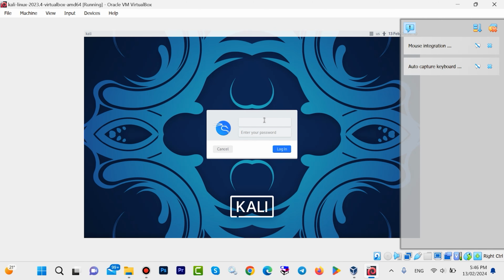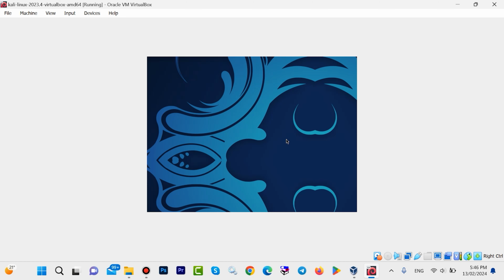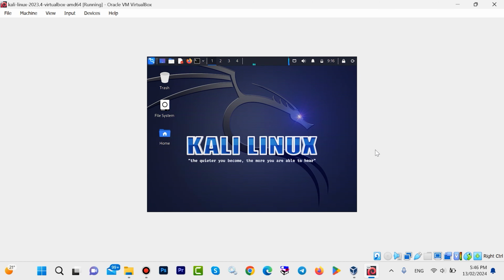Enter username. Your username is kali. It is by default. Password is also kali. Then click on login. Look, we successfully installed Kali Linux on